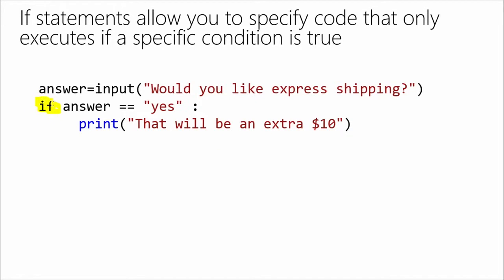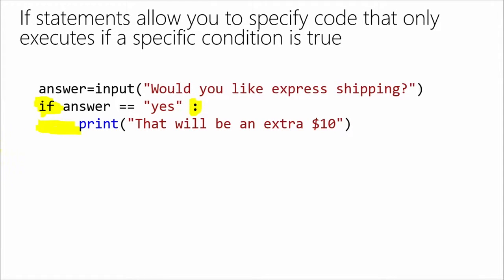You have the keyword if that indicates we're looking at a condition. You have a colon at the end of the line. That is very specific to Python syntax. If you forget that colon, you're going to get weird little error messages appearing on your screen, and eventually you'll go, oh, I forgot the colon. That's one of the ones I forget all the time. And the other thing, and this is very significant, is the print statement is indented. That's how Python knows what's the command that I only execute if the answer is yes. If I say answer is no, and you have indented code, that code's not executed. So the indenting is crucial here because that's how Python knows what code you want me to run when the answer is yes.